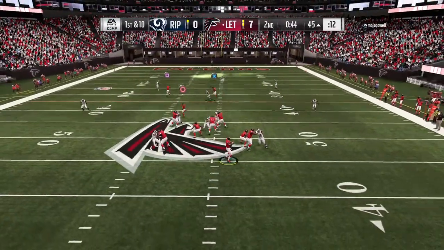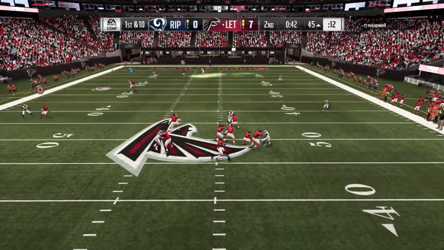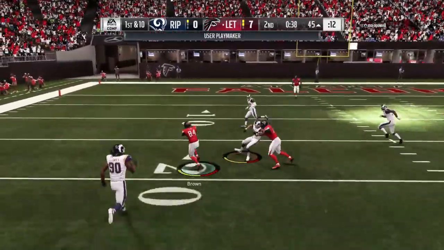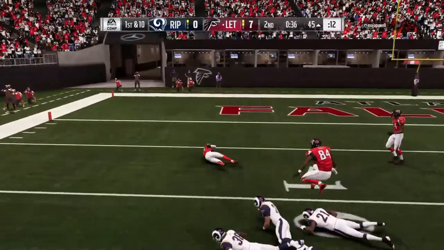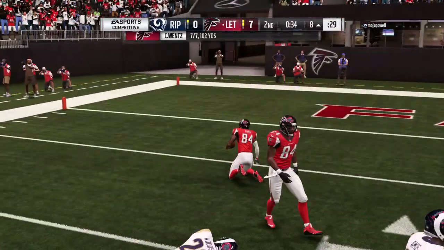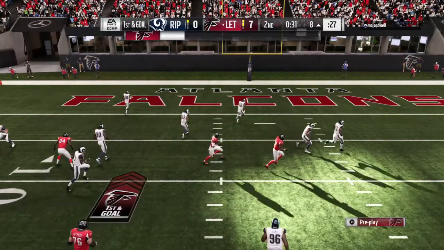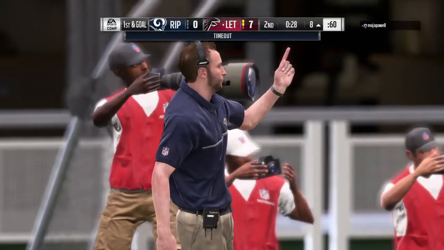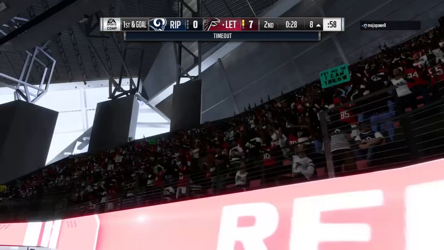Now Wentz. Man open left side is Brown. They give him a gain of 38. I don't know about you, but whenever I see that route, you know, the drag, I always think about a guy having